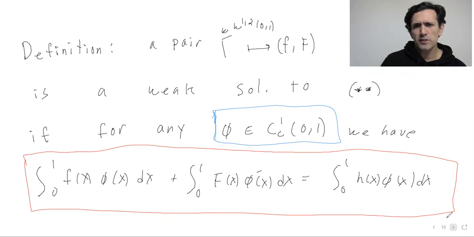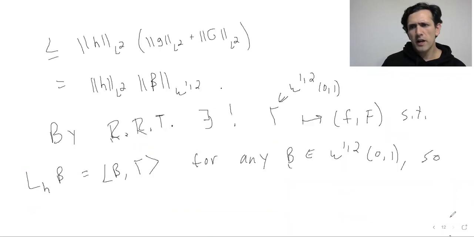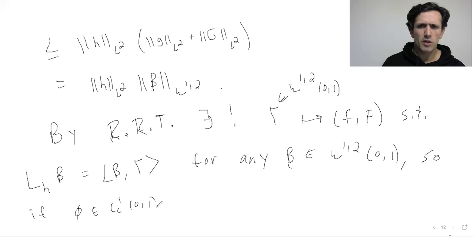But to do that, first you have to prove that there is such a little f and big F where this is true for all stuff in C_c^1, 0 to 1, which is what we're doing. Okay, right, so our task is to prove that gamma is a weak solution. Let's show that. So if phi is in C_c^1, 0 to 1,